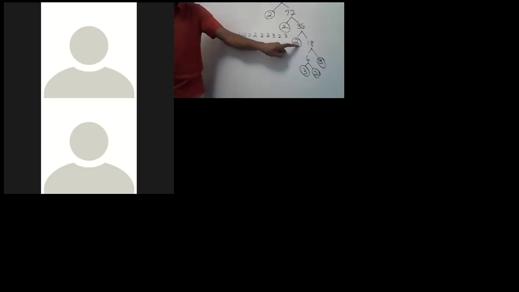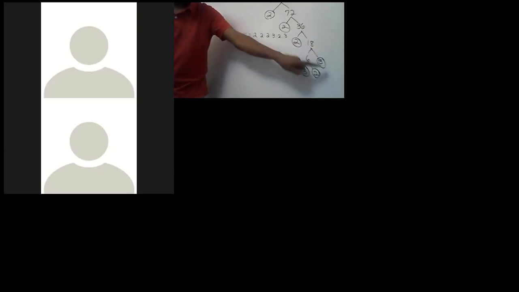2 times 18 gives me 36. I circled it. 18 is not a prime number. I don't circle it. 6 and 3. 3 is a prime number. I circle it. 6 is not a prime number. I don't circle it. 3 and 2 are both prime numbers. I circle them. So my final answer